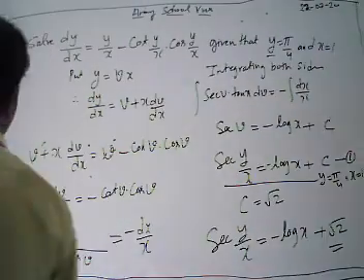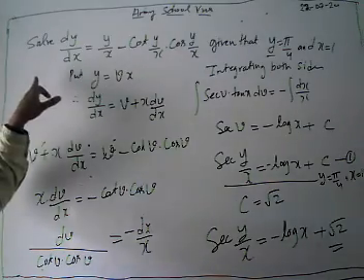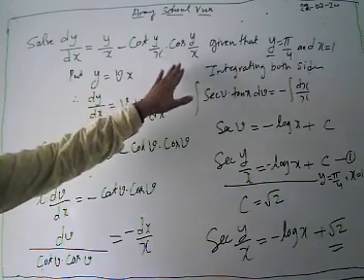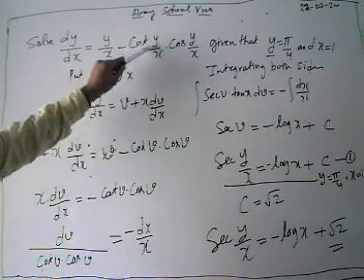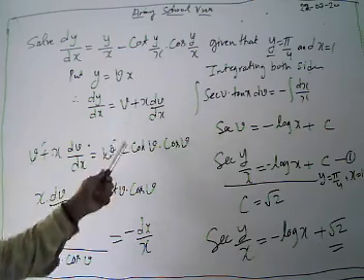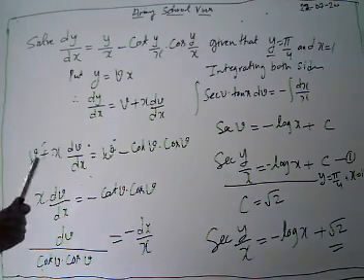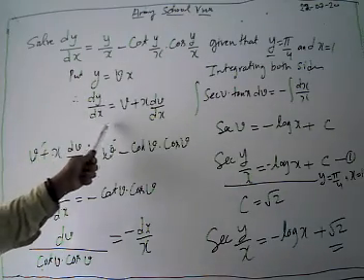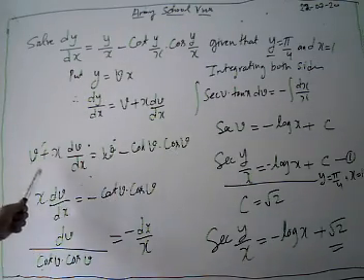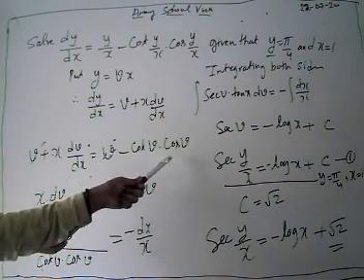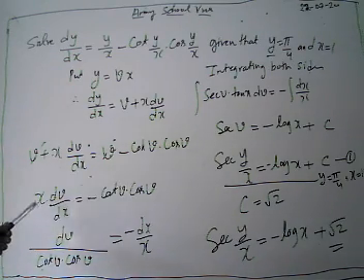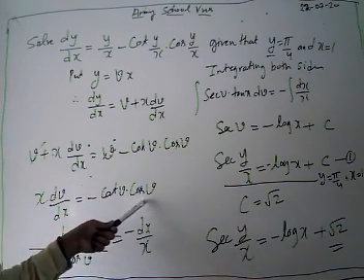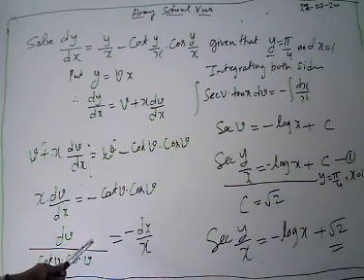I am just going to revise again. We have a problem: dy by dx equal to y by x minus cot y by x into cos y by x. Since it's in the form of y by x, obviously it's homogeneous. Then we have to use the steps of the homogeneous method. We put y equal to vx, then dy by dx equal to v plus x dv by dx. Then v plus x dv by dx equals v minus cot v into cos v. Then v and v cancel out, and x dv by dx equals minus cot v into cos v. Then we separate our variables.